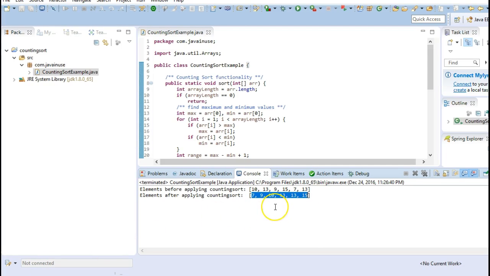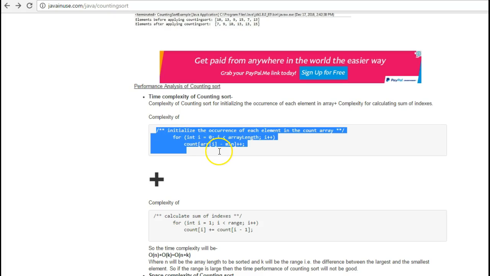Now let's have a look at the performance analysis of counting sort. First we'll have a look at the time complexity. The time complexity of counting sort will be the complexity for initializing the occurrence of each element plus the complexity for calculating the sum of the indexes.